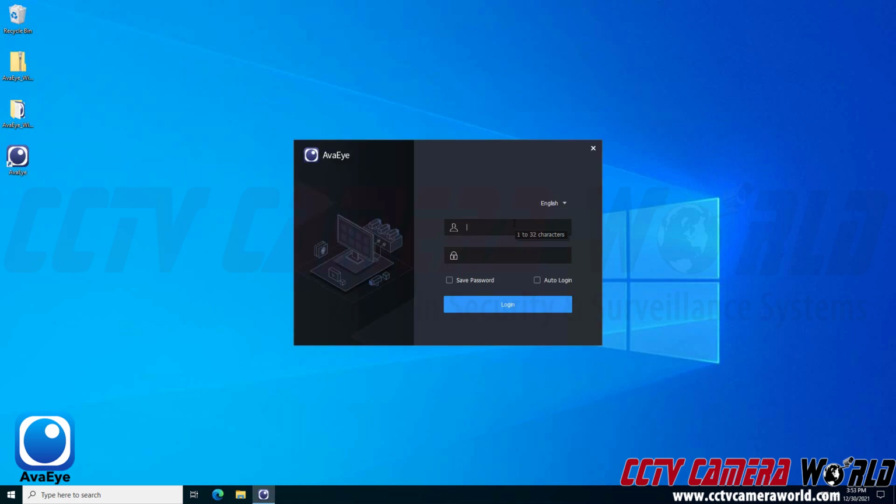Here I am prompted with a login screen. I'm going to use the default admin and then the password of 123456. Now I'm going to save and auto login on this password. You can change this password after opening the software if you are on a shared computer where a 123456 password is not secure. I'm the only user using this computer, so I'm going to just leave this password and click